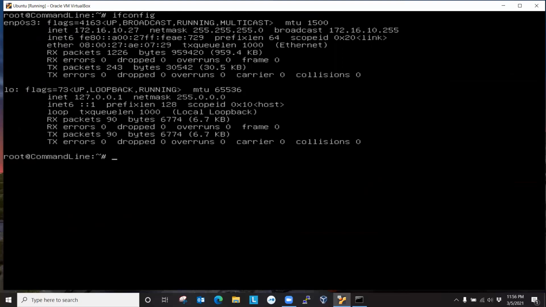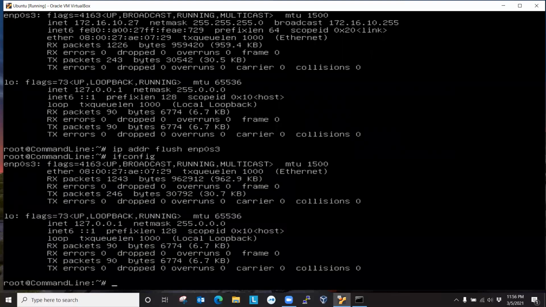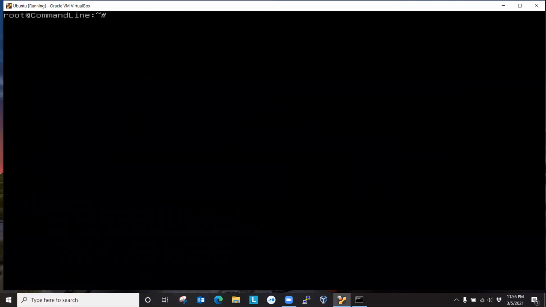So let's flush the IP again and give the temporary IP address using the ip address command. So ip address flush enp0s3, verify, no IP address. Okay. Now we can use ip addr add, and the IP address we are going to use is